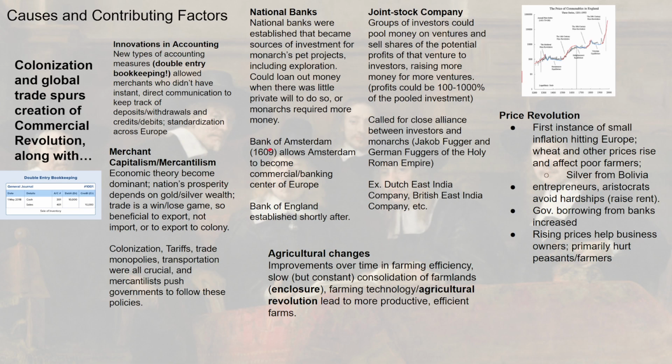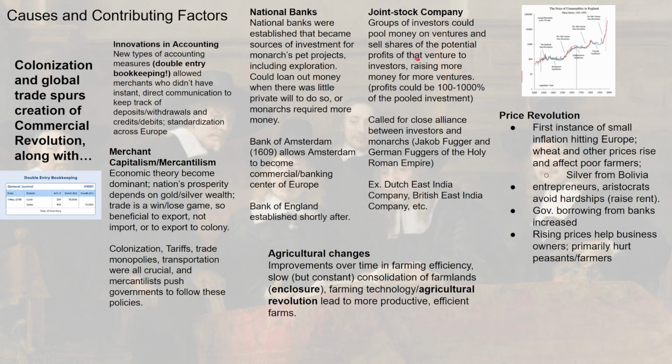So what funded these ventures outside of Europe into North and South America, Africa, and Asia? The big thing you should know right now is the Joint Stock Company. You've heard of these names. The British East India Company, the Dutch East India Company are just some of the big ones. These companies were established to fund these voyages. It was not cheap to fund a voyage to Africa or to Asia. It was not cheap to purchase enslaved Africans as property. It was not cheap, and it was risky to fund a voyage across this unknown body of water, the Atlantic Ocean, thinking you'd land in Asia, but instead landed in the Caribbean.